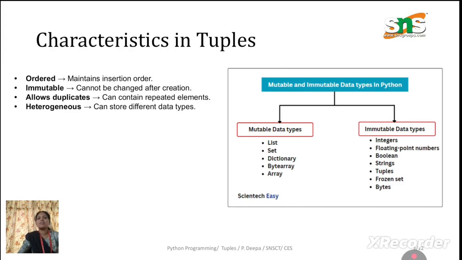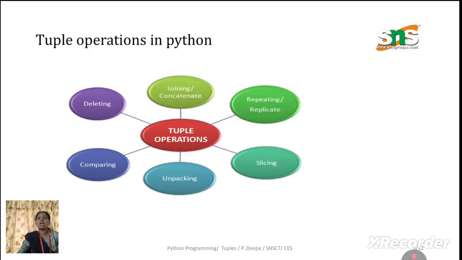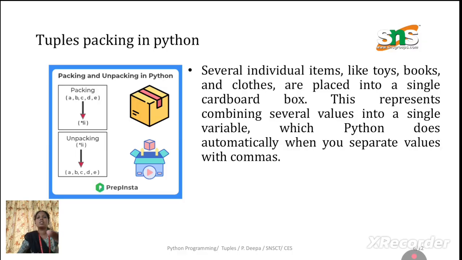So the characteristics of tuples are: ordered, immutable, allows duplicates, and heterogeneous. The mutable and immutable data types can create new objects of the data type. The mutable can change, but immutable cannot be changed. It is static values only. The mutable operations include deleting, slicing, packing, joining or concatenating, or replacing. Elements cannot be added in a tuple. These are all the mutable